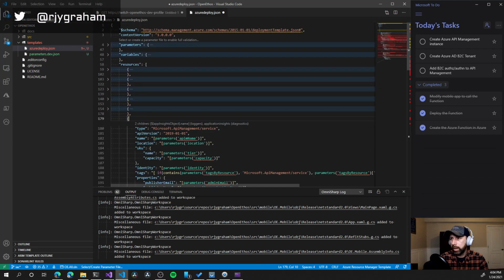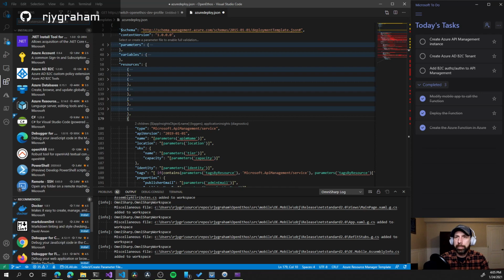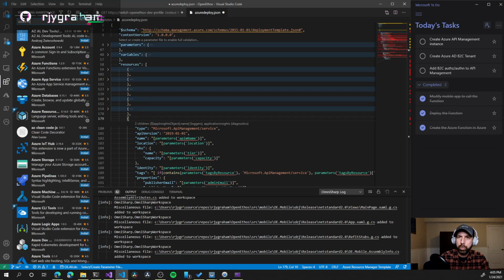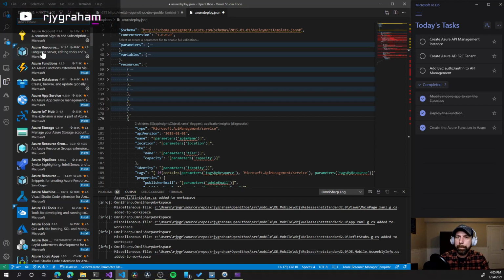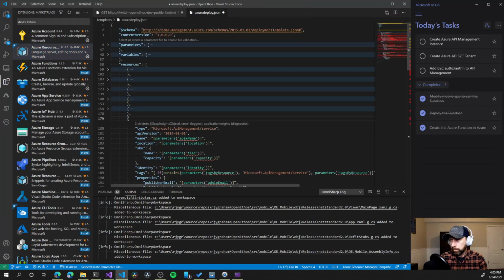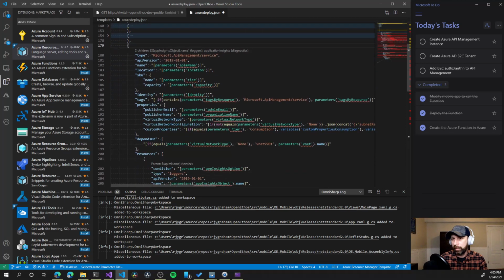You can probably see over here, I'm using an extension in Code. I think it's this one, Azure Resource Manager (ARM) Tools. This gives you IntelliSense and syntax highlighting. You can see there's a ton of red out here, and that's just because I don't have any of these parameters